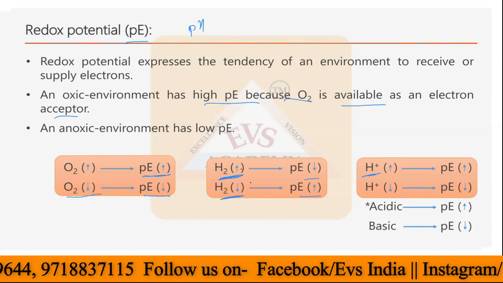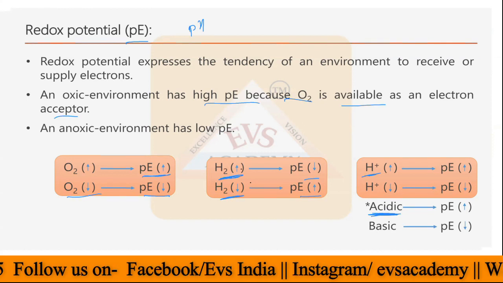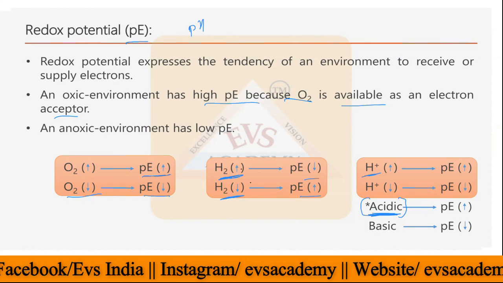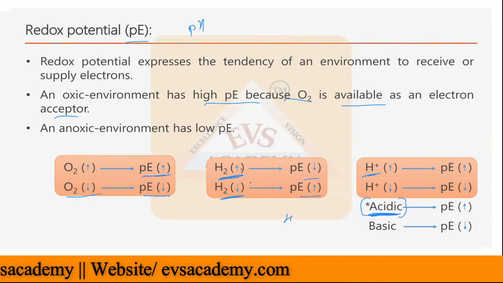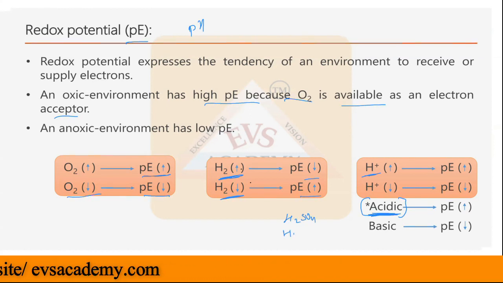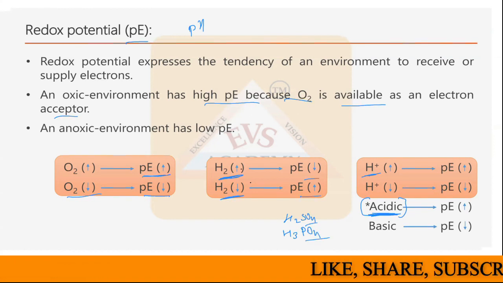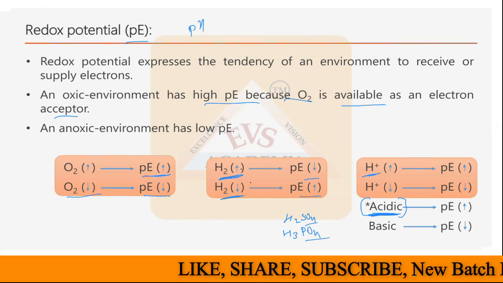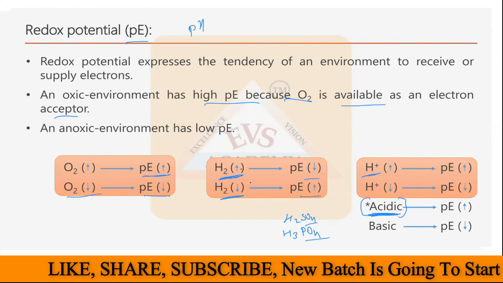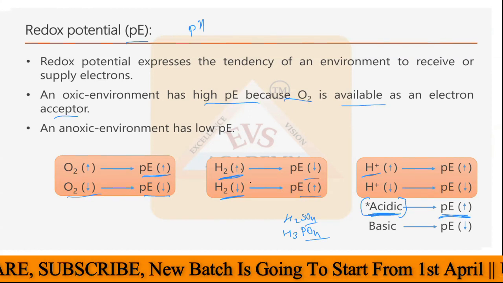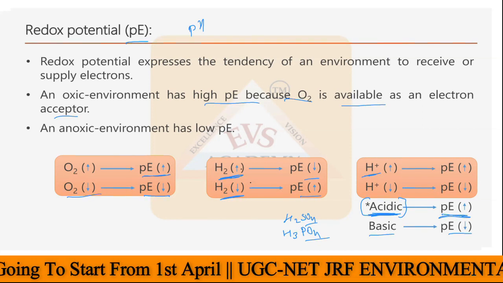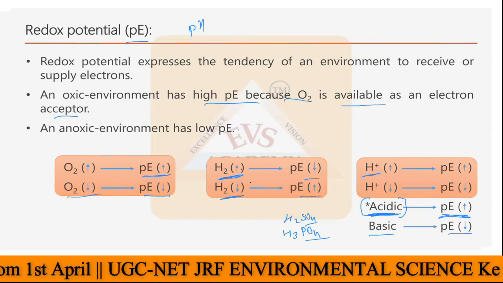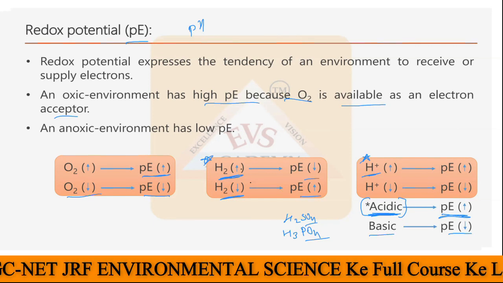Hydrogen ion will create an acidic kind of situation. And if there is an acidic situation, generally acids are good oxidizers. For example, H2SO4 and H3PO4: these acids have a very high amount of oxygen, and these are good oxidizers. So that's why the acidic environment will create a high Pe value and the basic environment will create a low Pe value. So remember that the H2 and H plus ion both